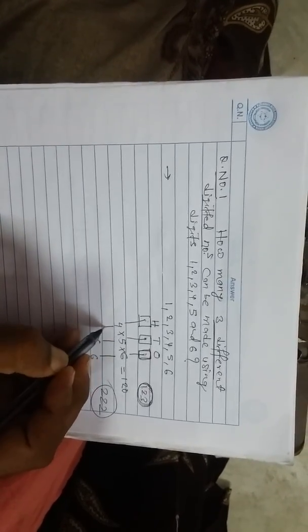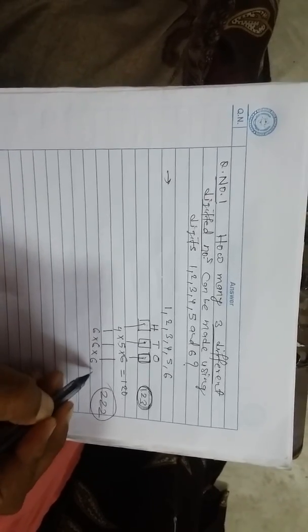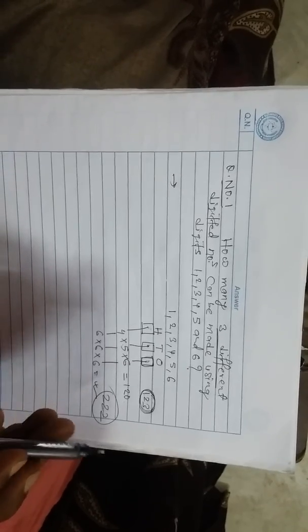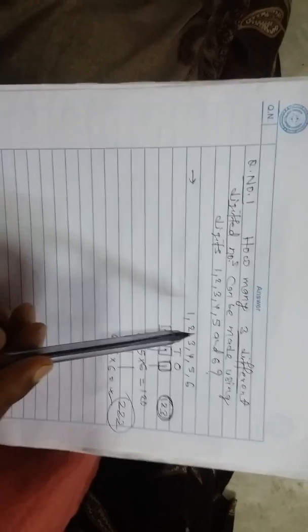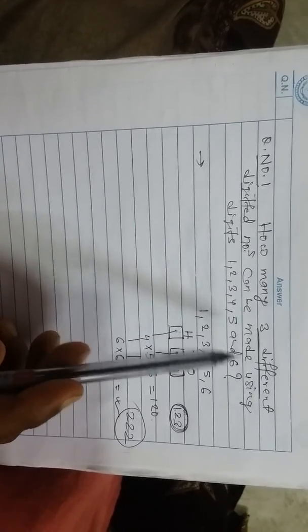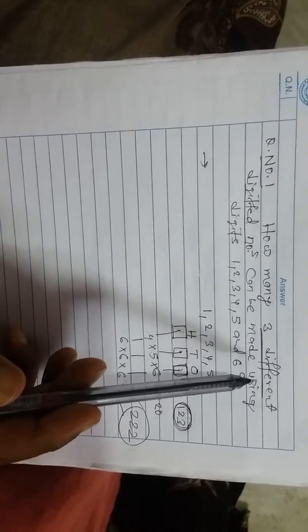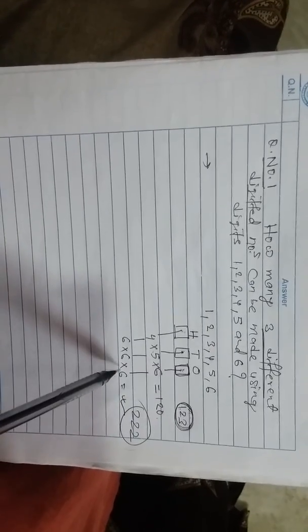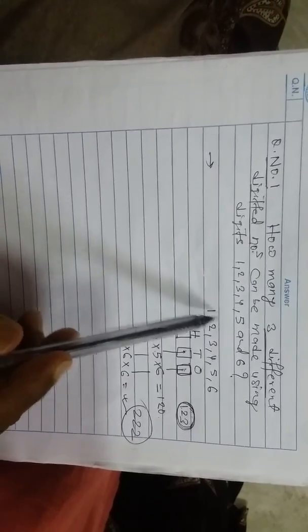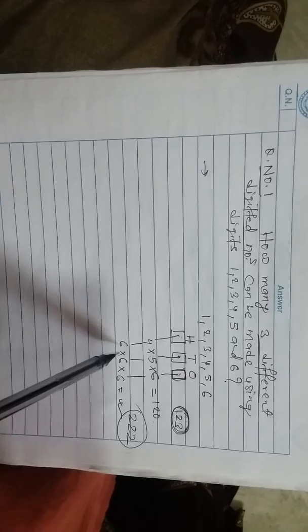And so the 100 place could also be filled in 6 ways, and in that case the answer will be 6 multiply 6 multiply 6. That would be the answer of this question. So we came to the conclusion that there are two types of this type of numerical. In one, digits can be repeated, and in another, digits cannot be repeated. If digits can be repeated, then choices do not reduce. There were 6 choices altogether, here 6 also, here 6, and here 6 also, and we apply the multiplication theorem